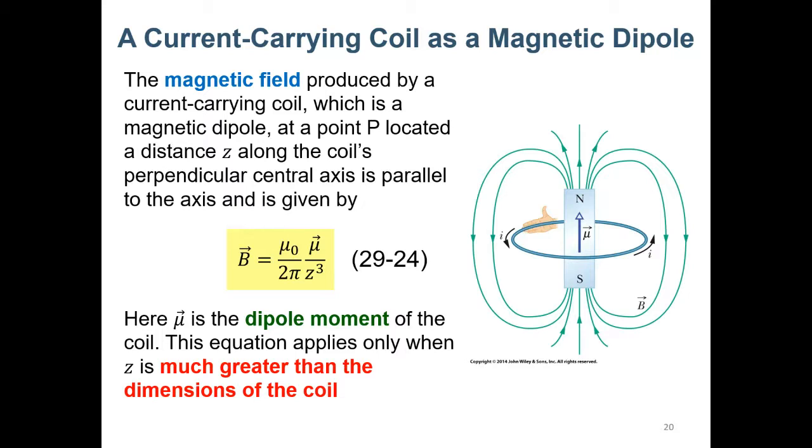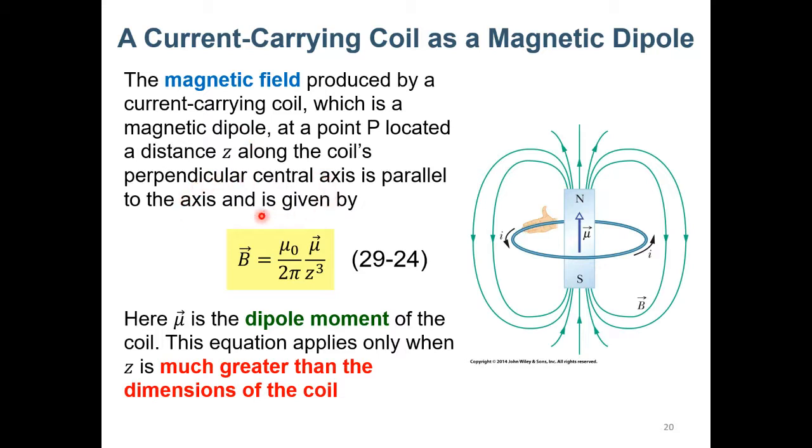So here we talk about current carrying coil as magnetic dipole. Actually, we can regard a current carrying coil as equivalent to a magnetic stick, and it is actually a magnetic dipole from a physics point of view. So this current carrying coil is equivalent to this stick,